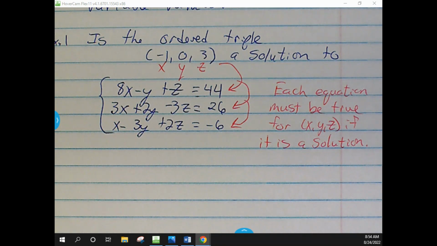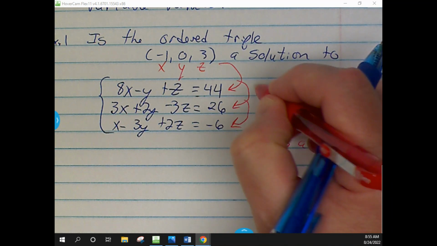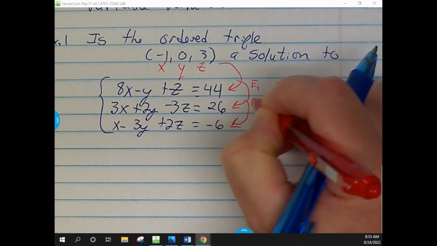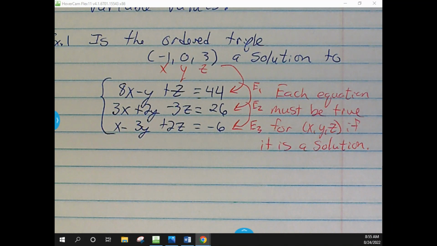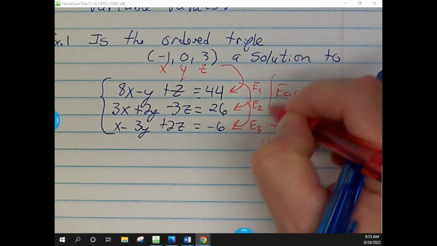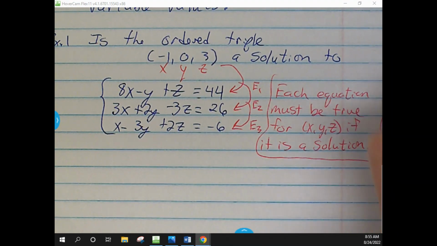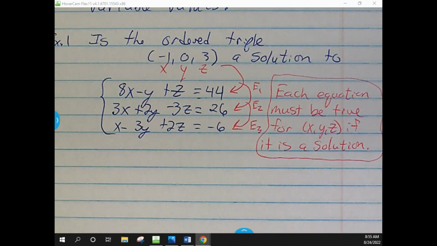Okay, and again, just to make sure that we're okay with these, a lot of times when we're doing examples, out beside it, I'm going to put E1, E2, and E3, just because it makes it easier when we start talking about what it's going to be for these. Okay, so just take the values you got here and start plugging them back in. If you plug it into equation 3,